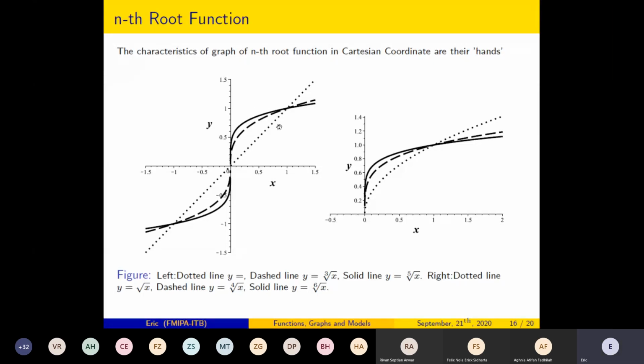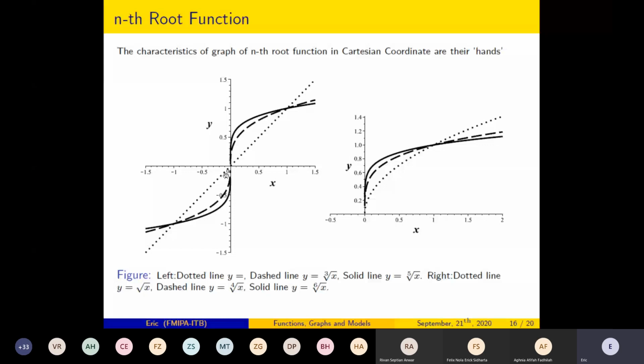You see that it has also, so the domain is given by all real numbers, but for even roots it's just for the positive. That's why for square root of x, it is defined well if x is greater than or equal to 0. The domain should be, remember the domain is x, so x should be greater than or equal to 0. But what is cube root? The domain is all real. It has all height, all value.